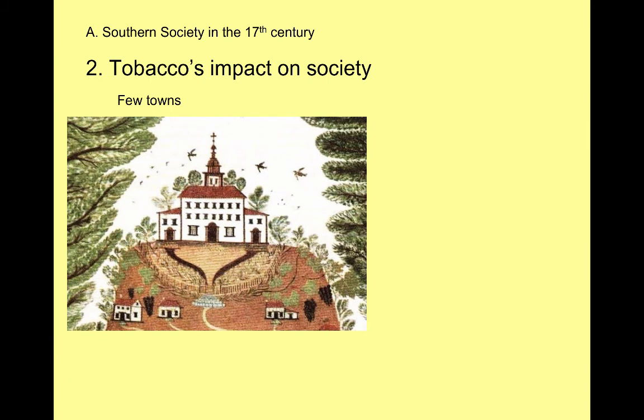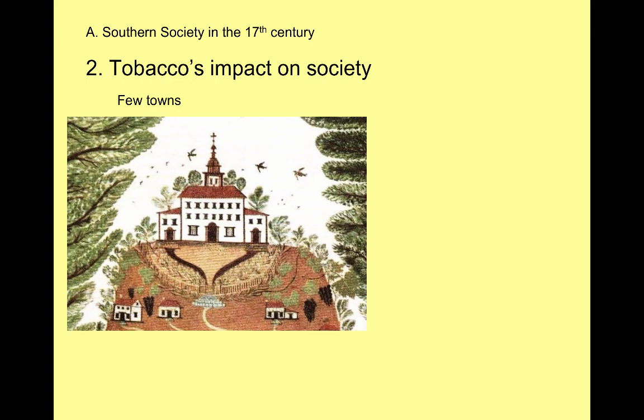The next thing we're going to talk about is the role of tobacco on shaping Southern society. Tobacco is, of course, our first cash crop that we have in the South, especially in North Carolina and Virginia and Maryland. Because there's such a craze for growing tobacco, we're going to see that the South will develop into a very rural community. People have to be spread out.